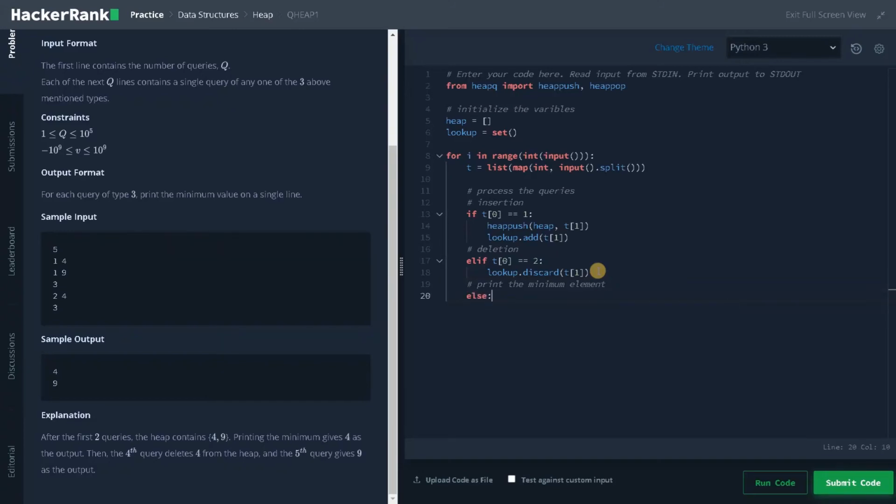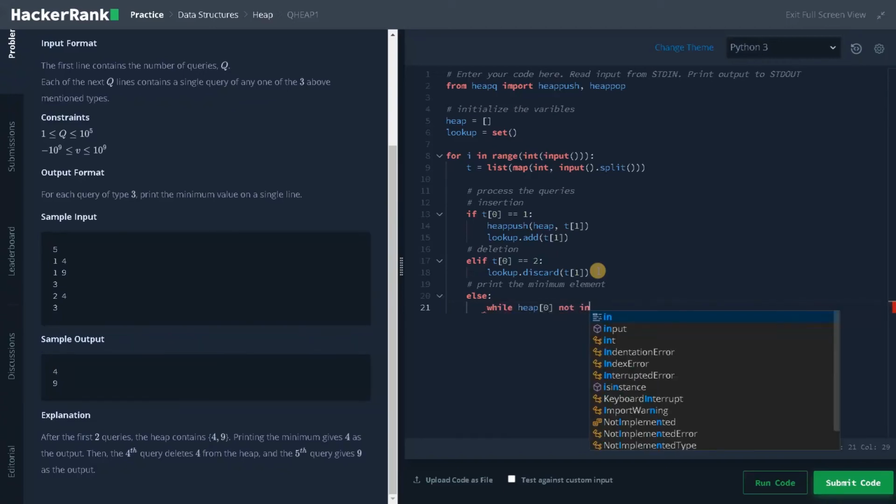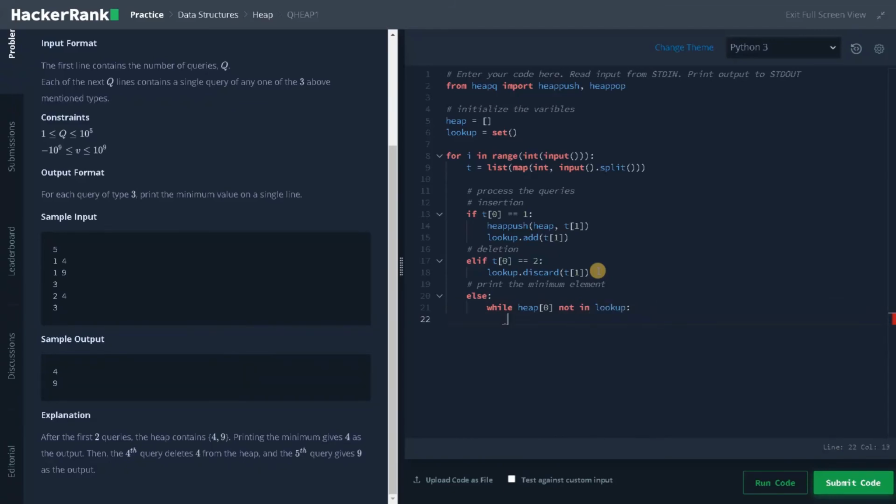And in the third step, that is print the minimum element. So that is the else part, because that is the remaining query we have. In the else part, we need to print the minimum element from the heap. Usually in a min heap, the minimum element will be at the root of the heap, that is heap of 0. While heap of 0 not in lookup, that means the element was deleted before, so we need to pop the element from the heap.